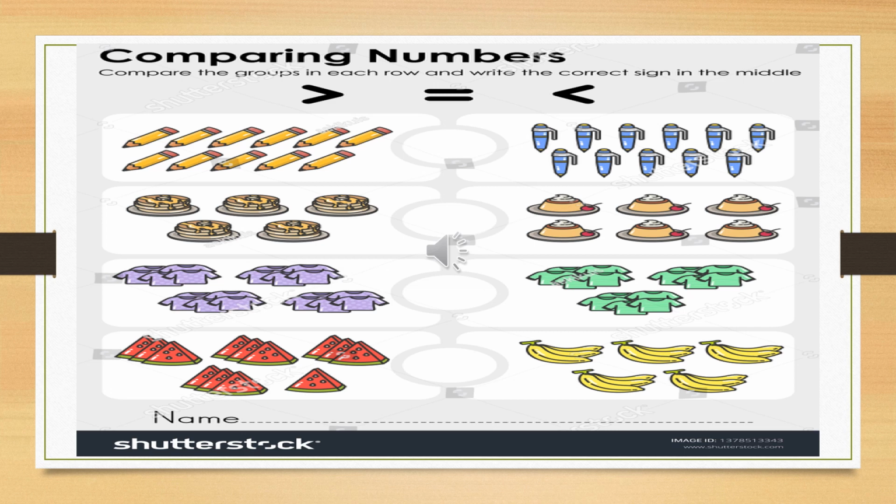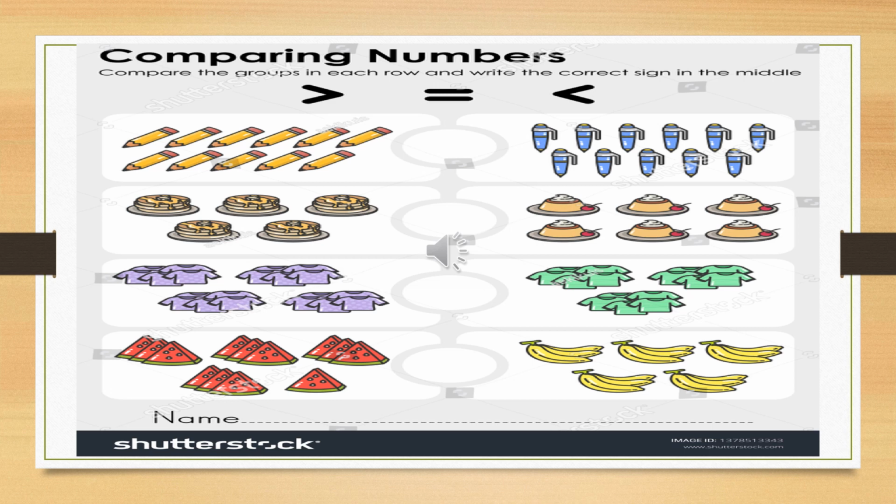In the next one, there are t-shirts: purple t-shirts and green t-shirts. We have to count which side has more t-shirts. There are 1, 2, 3, 4 and 4, 8. And 4, 12 and 4, 16. Purple t-shirts are 16, while the green are 4, 4, 8 and 4, 12. So here the little birdie will open its mouth towards the purple t-shirts because 16 is more than 12.